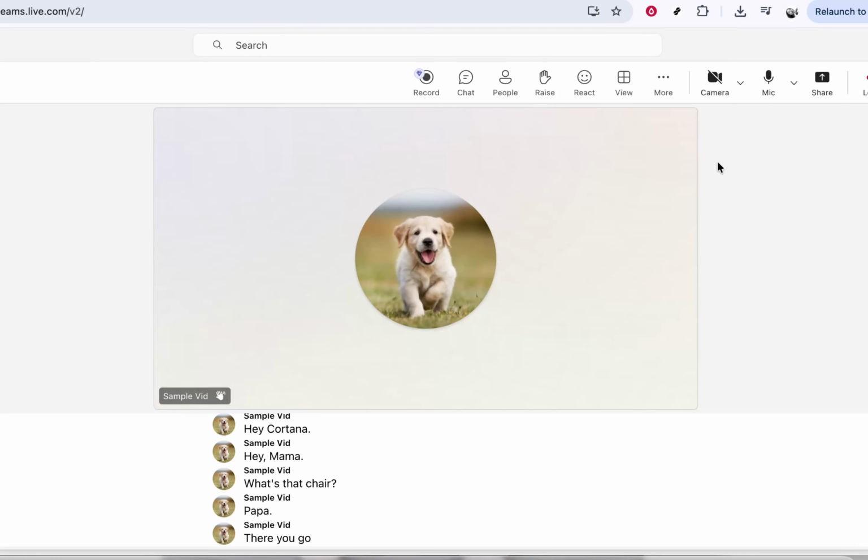When you're finished presenting, look for the toolbar at the top or bottom of your screen that shows you are currently sharing. On that bar, click on